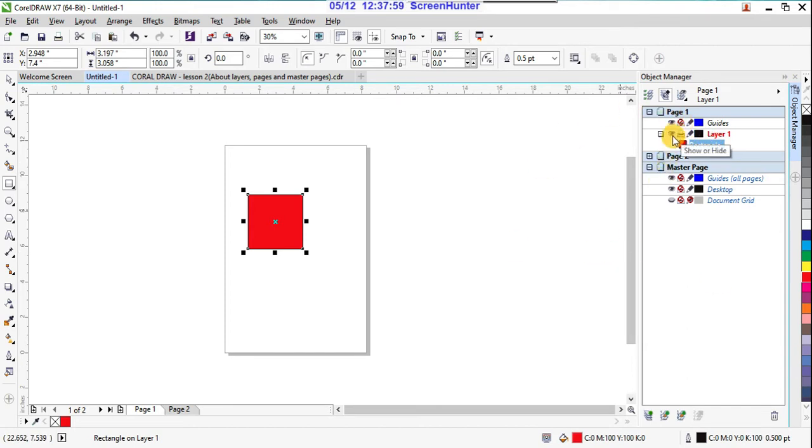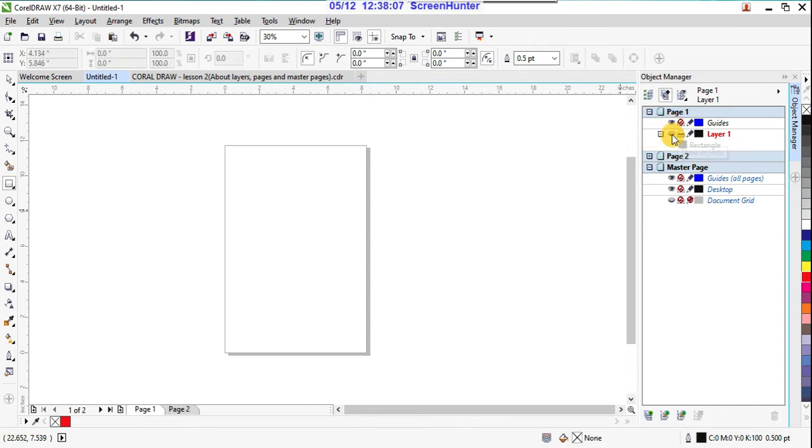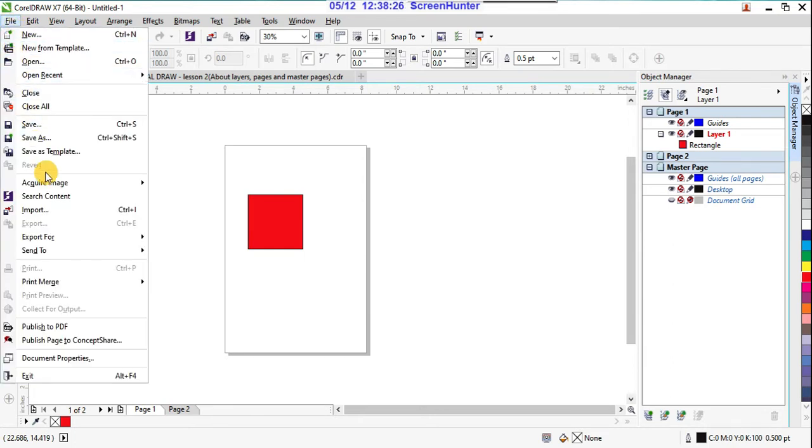Before that, let's understand what all these things are. Show or hide: simply by showing, you will show your object, or otherwise you can hide it, right? And this is enable or disable printing and exporting. Suppose you click this option, so in File you cannot print, because that option is disabled, so these options are gone, not available.